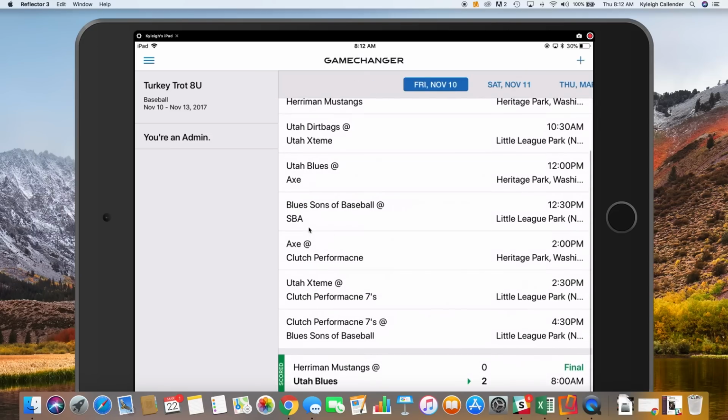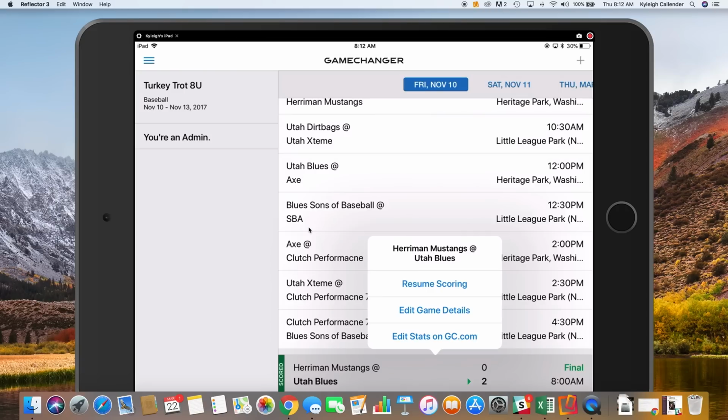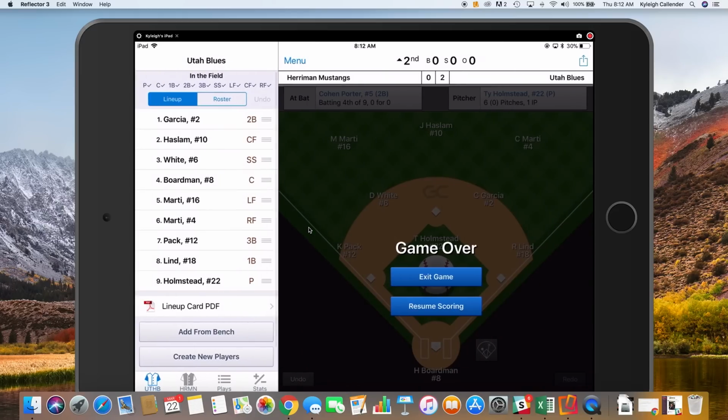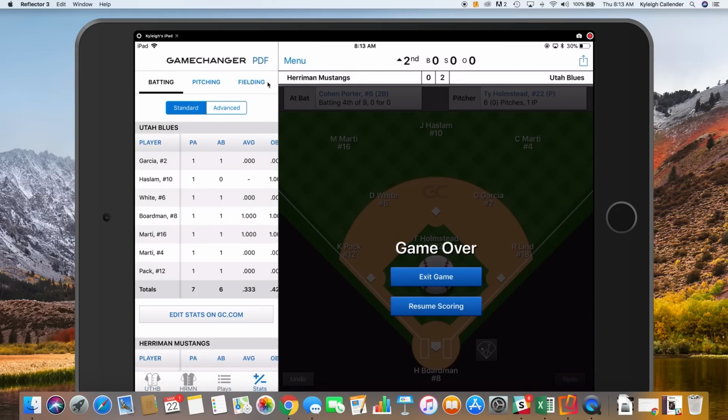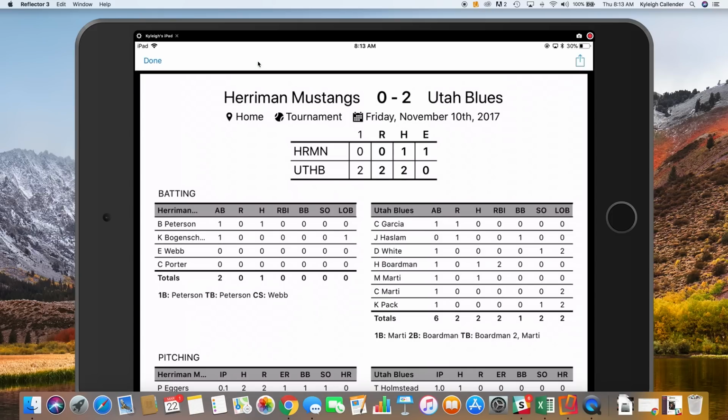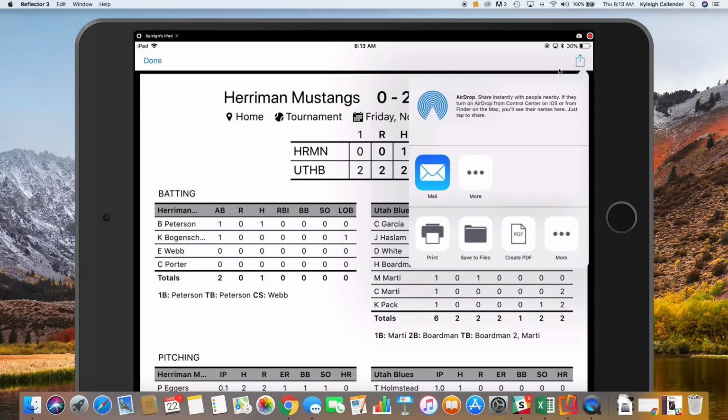In that game I scored, after I finalize the game, I'm just going to say resume scoring. It's not going to open back up the game live, but I just want to show one thing real quick. If I tap on the stats button, there's a PDF button right here. So you can actually send this PDF box score. It's automatically created right after the game. If I tap this little arrow, again, you do have to be connected to 3G or Wi-Fi for this. I can actually email this directly to an